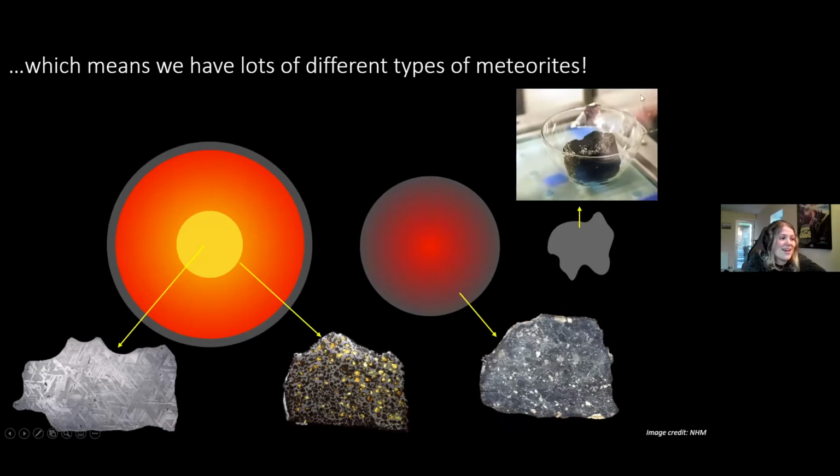So this here is an example of a primitive meteorite. This meteorite is called Evuna. We have it in the meteorite collection at the museum, and it's kept in a special atmosphere. What you can see in this meteorite is it's really, really, really dark, which is unusual. And Evuna is a special case. But these things, if I held this rock, it would just fall apart in my hands, which is pretty awesome.